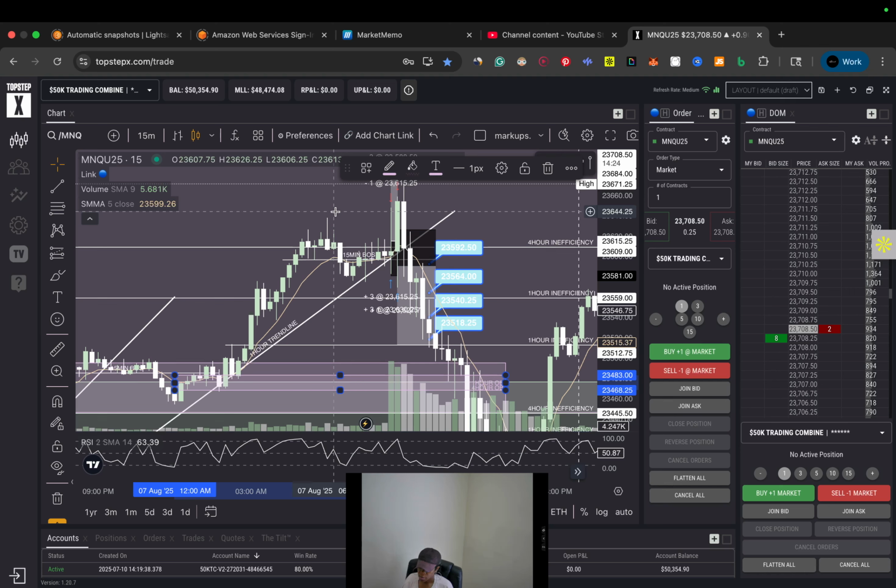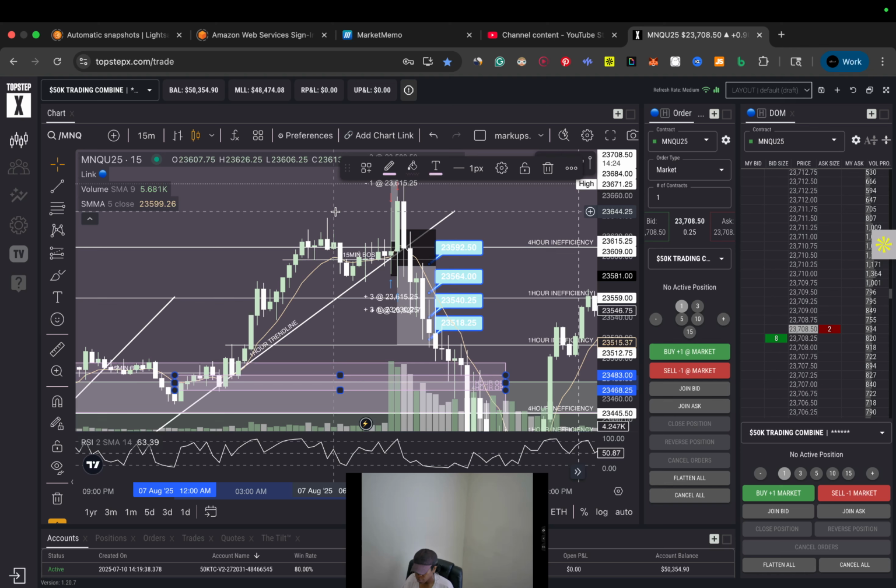Basically, in synopsis, I thought we were going for sells based off of the 15-minute break of structure. Price ran, I guess, all this liquidity up here before ultimately it just crashed on down to my Fibonacci levels that I had marked up the night before, and then on into the 1 hour order block,